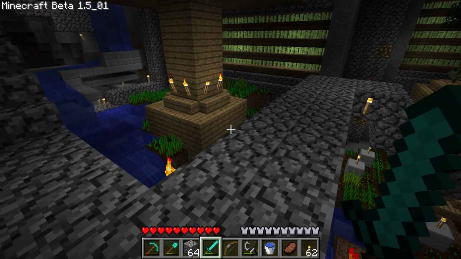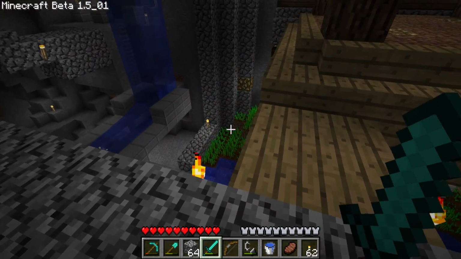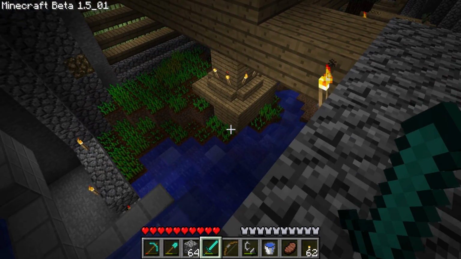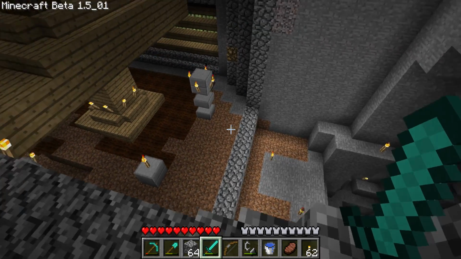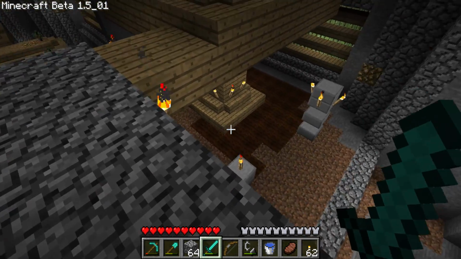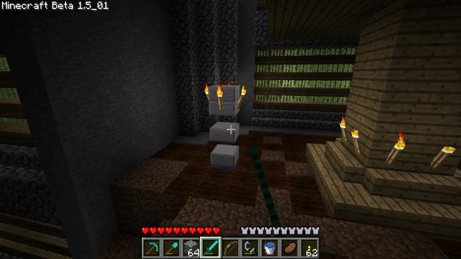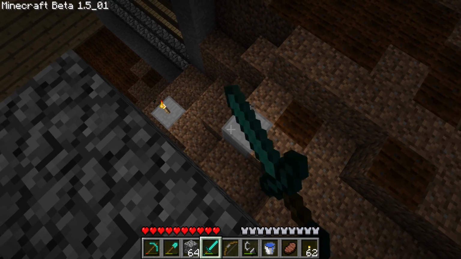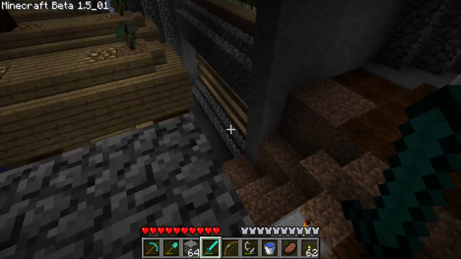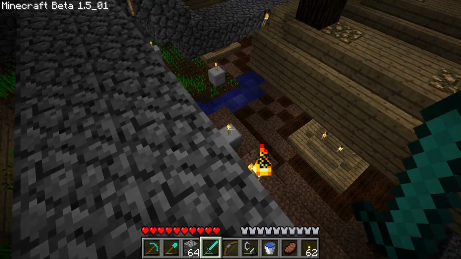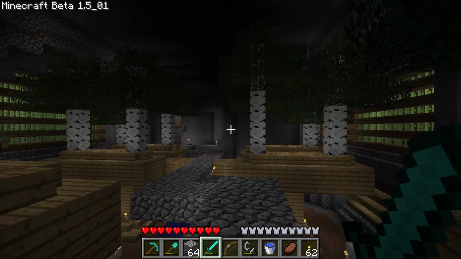I got rid of the grass entirely because last time I made a wheat farm and tried to make it all scenic, it got stomped on all the time by farm animals because they spawn on the grass. So yeah, we're just going to try to keep the farm animals out of here as much as possible. I mixed up these things with just simple double slab and torch just to keep it a little bit more visually interesting. And then we've got it cascading down this way. All the trees are planted.